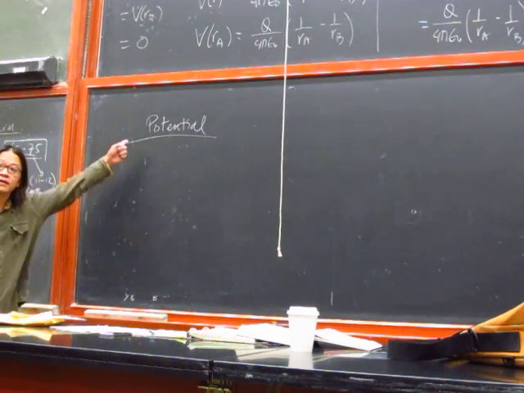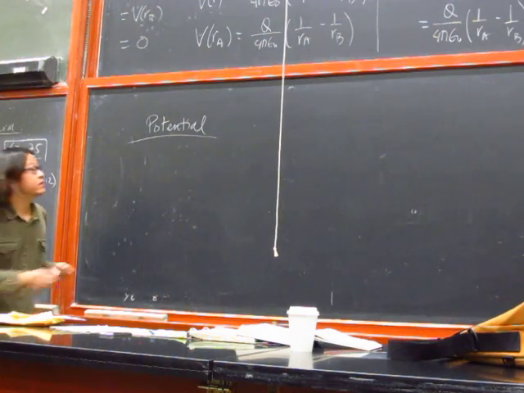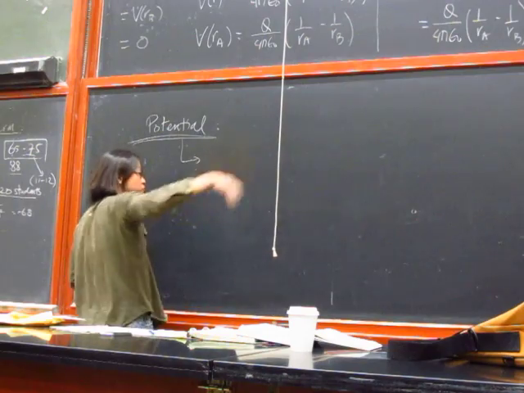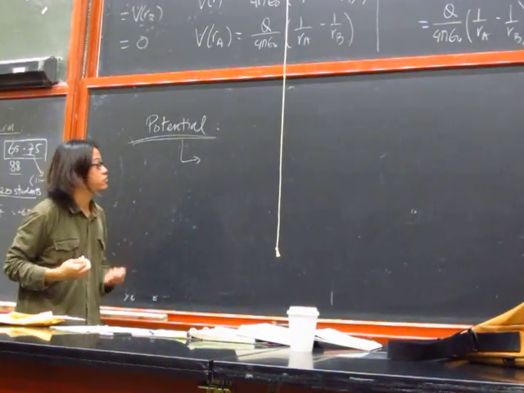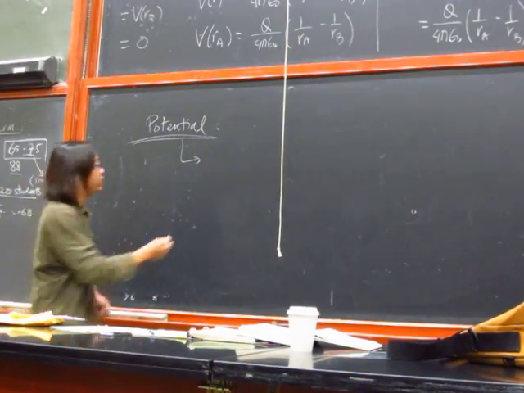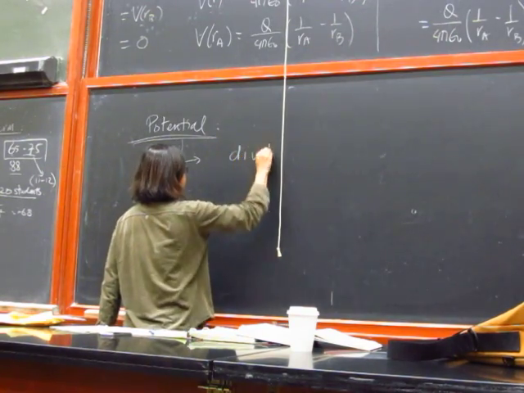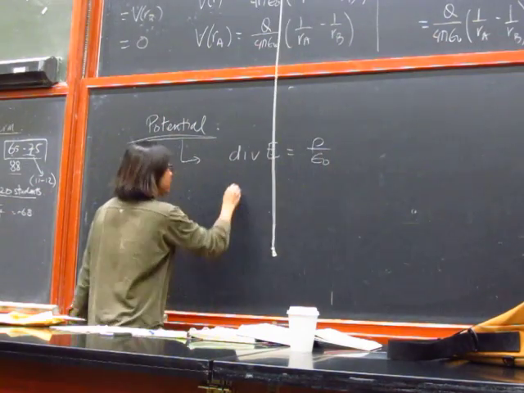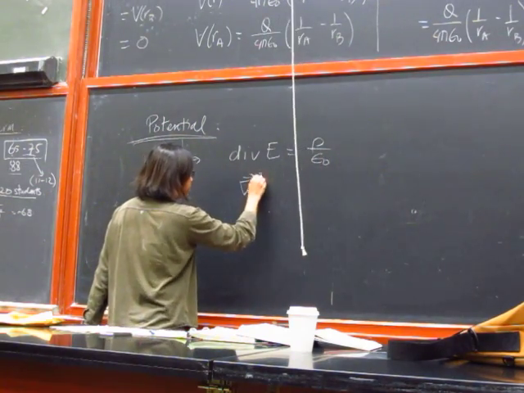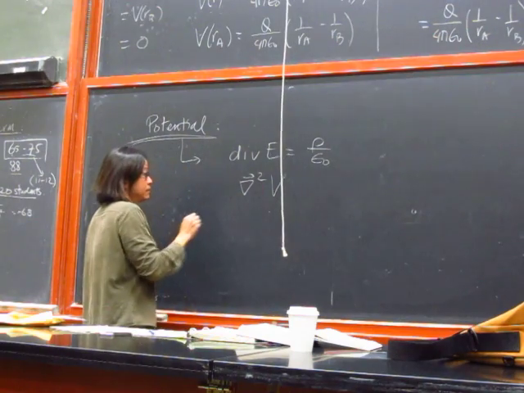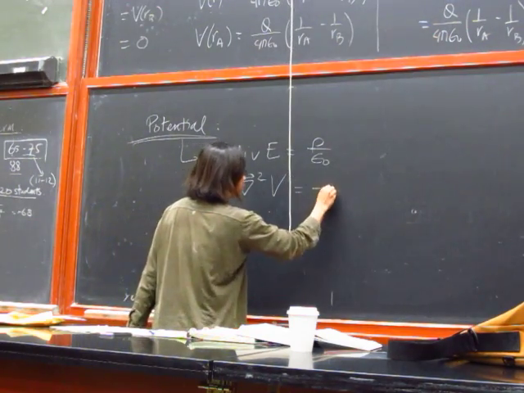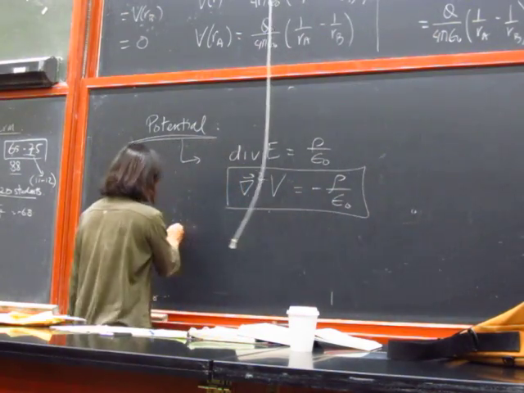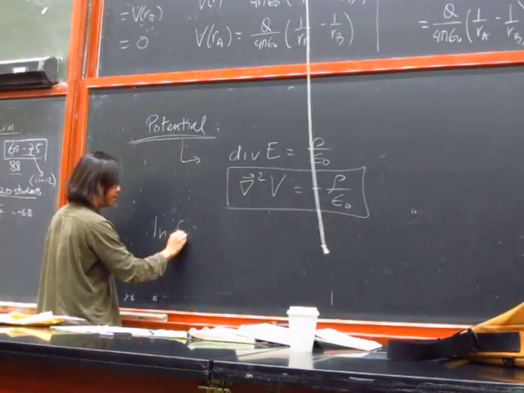In the lab, you can control the potential. Okay? That's the reason we actually want to go through the trouble in 7B, to look at the divergence of the electric field equal to rho over epsilon naught, and then this leads to a Poisson equation. The Laplacian of the voltage is equal to minus rho over epsilon naught. Okay? In particular, in a region of free space,